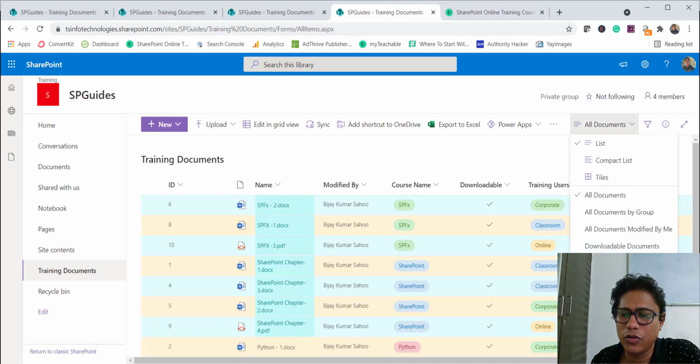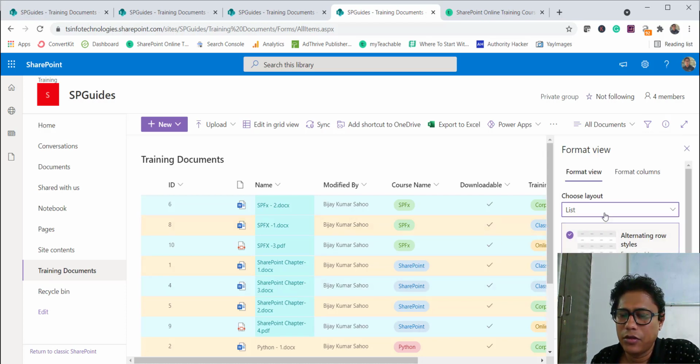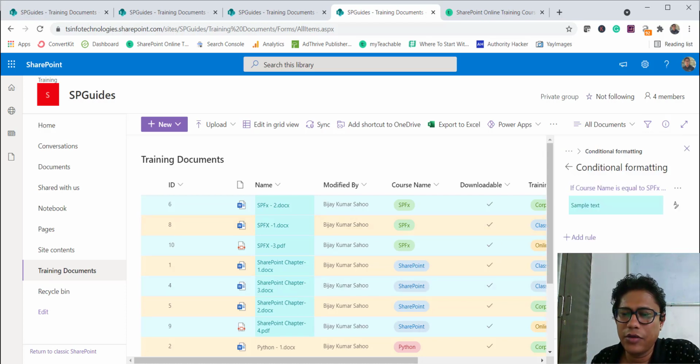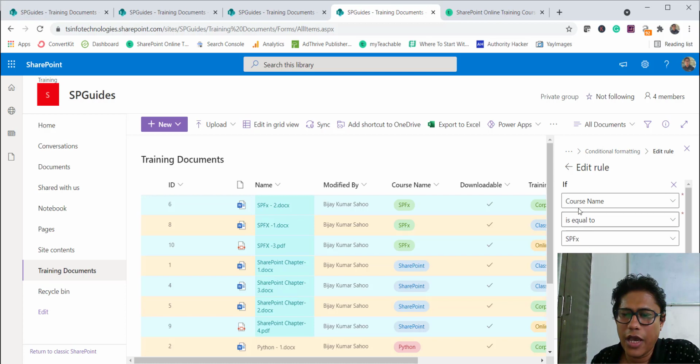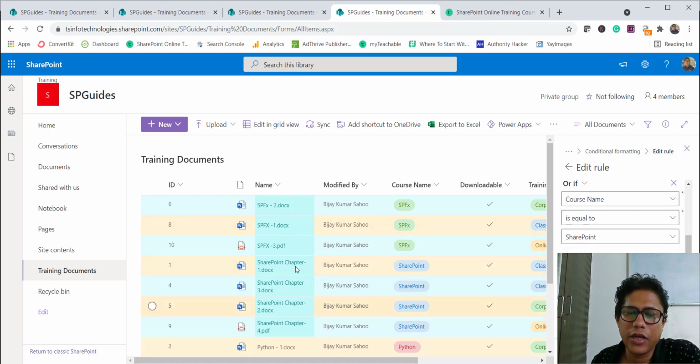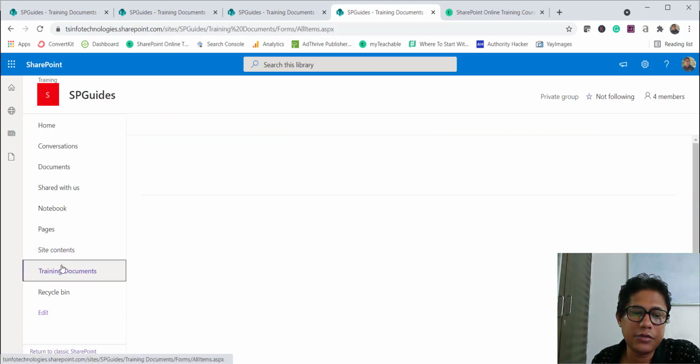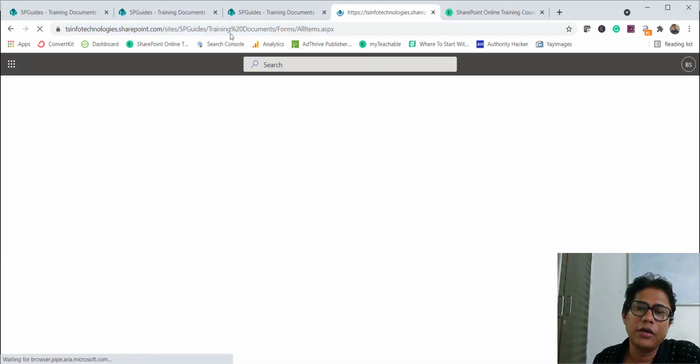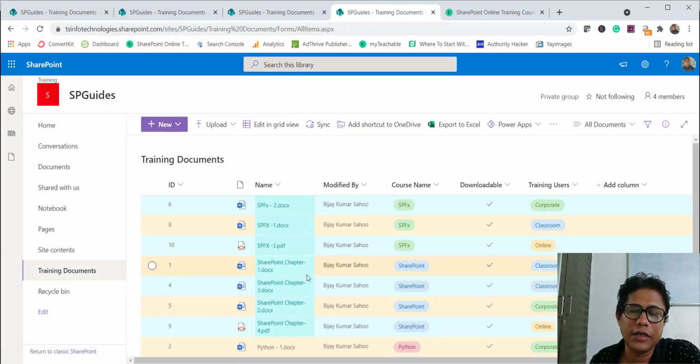I'll go to format current view and format column. Now you can see I have course name SPFX, course name SharePoint, and the color is this one. You can see now it is coming. The reason it was not coming is that I didn't refresh the page, so I refreshed it properly, and then you can see the changes are there.